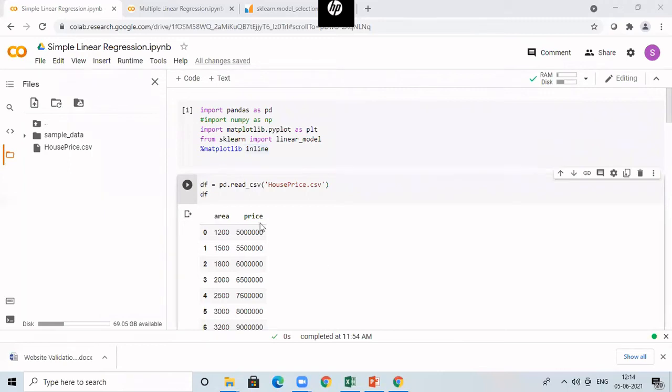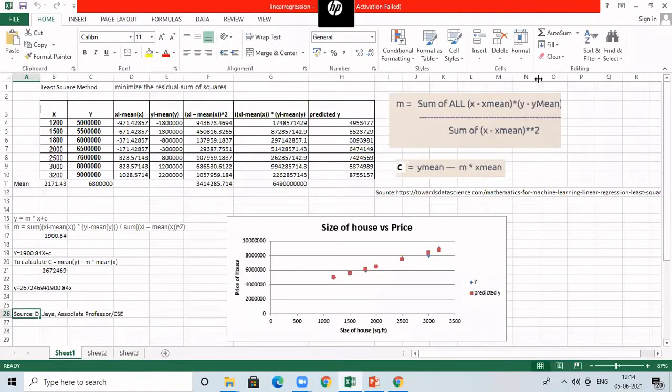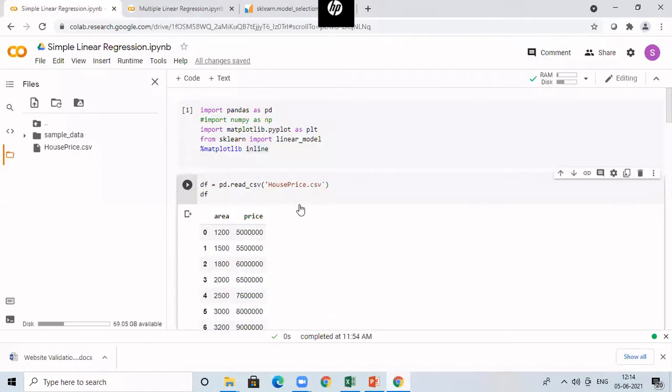So now we will see the program for simple linear regression. Actually, in the Excel sheet in the morning session, I explained how simple linear regression is implemented in sklearn. It uses the concept called the least square method to find the m and c values. So we are going to see the implementation. Finally, we will compare whether we are getting the same values in our program also. So now let us continue.